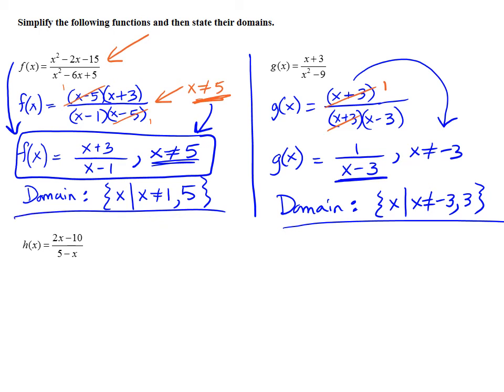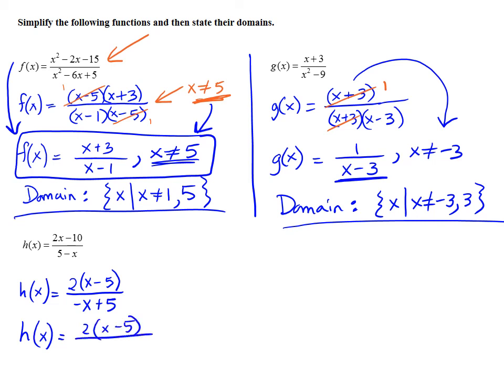In our last example, we have h of x equals 2x minus 10 over 5 minus x. Always factor what you can. There is a 2 in common, so take it out, and you'll be left with x minus 5. And then in the denominator, notice that this is not in descending order. And one of the things when we were factoring is that I always said write things in descending order. And if you have a negative leading term, factor out a negative 1. So if we factor out a negative 1 here,